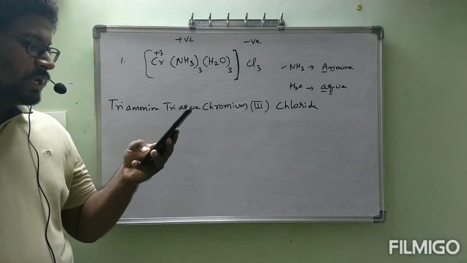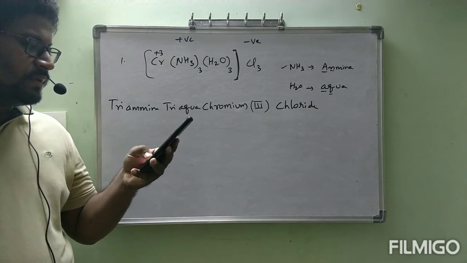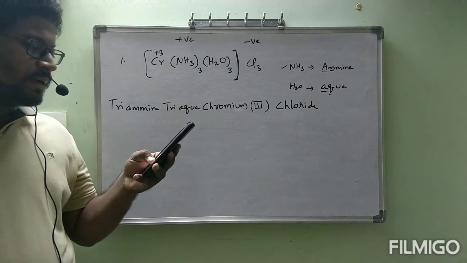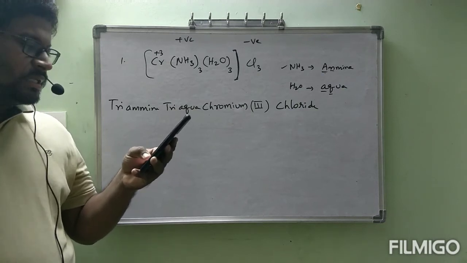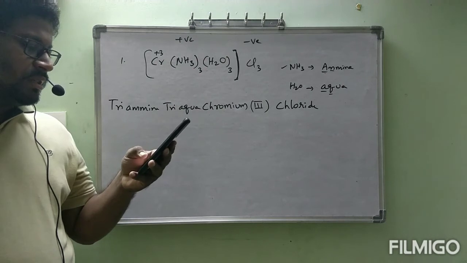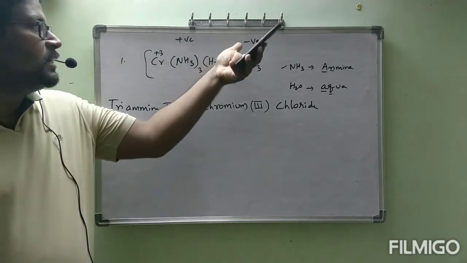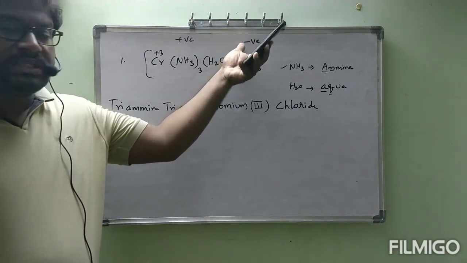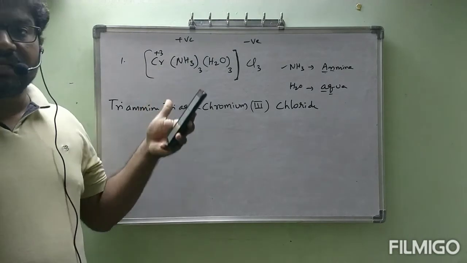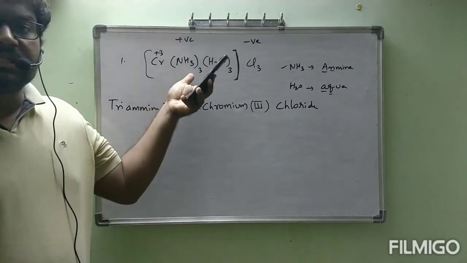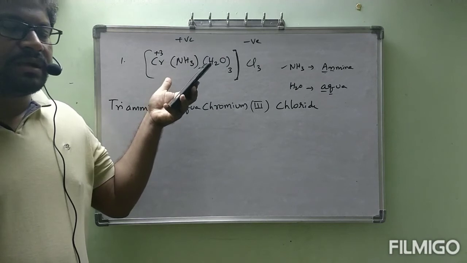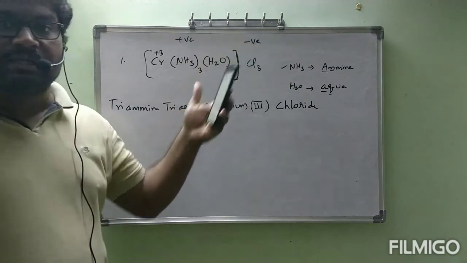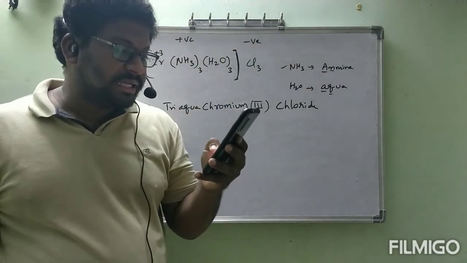The explanation they gave: the complex ion is inside the square bracket, which is a cation, so it is a positive complex. The amine ligands are named before the aqua ligands according to alphabetical order. Since there are 3 chloride ions in the compound, the charge on the complex ion must be +3. As neutral ligands are present, what is the charge present on the metal atom? It gets the same charge. If differently charged ligands are present, then the charge on the metal ion will be different from the total complex. Okay, anyways, it is clear.